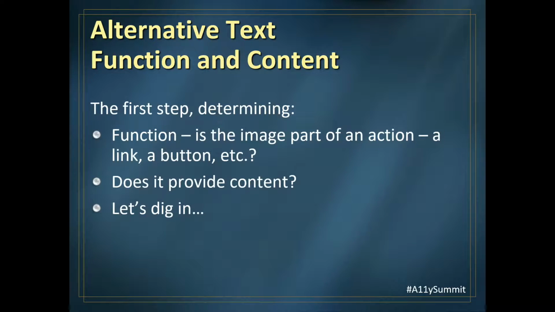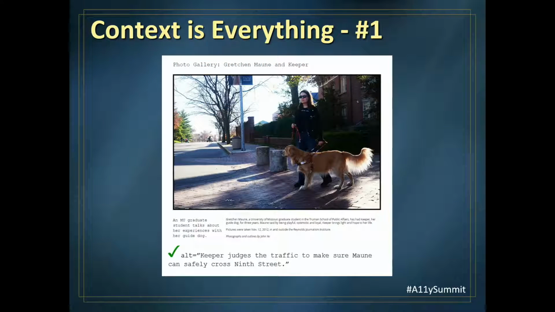So I thought I would start off by taking an image, and hopefully you can make out here what's on here. I'm using one image and I'm implementing it. I have 3 slides here. I'm going to implement it in 3 different ways to show you that the alt text is going to change based on the context of how it's being used.